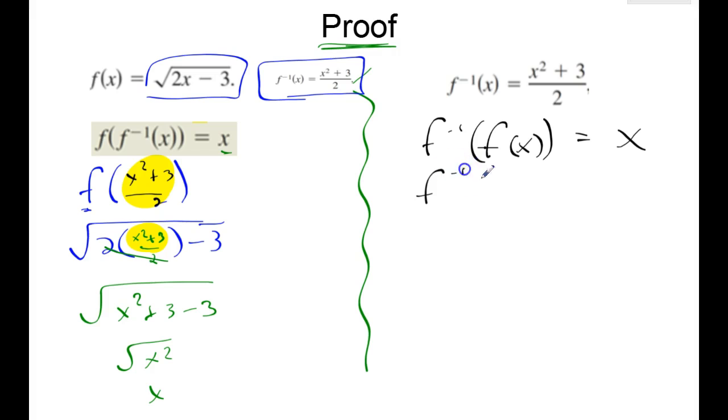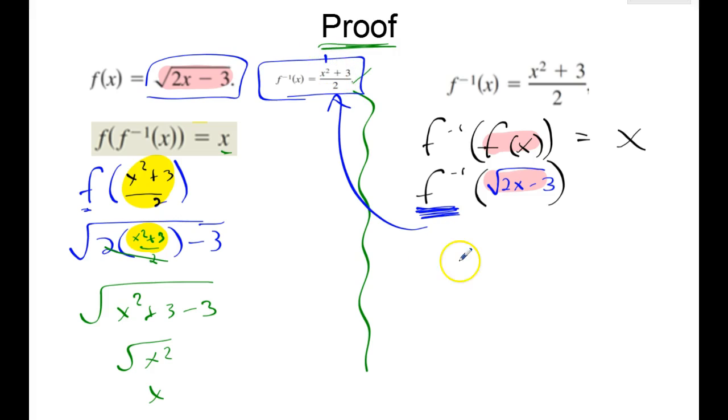So this time, I'm going to actually start with the function. So this time I plug in this, because that's f at x. So that's the square root of 2x minus 3. Now this says go to the inverse function, which is right here, and replace x with parentheses. That's the important part. So instead of x squared plus 3, I'm going to do parentheses squared plus 3 and